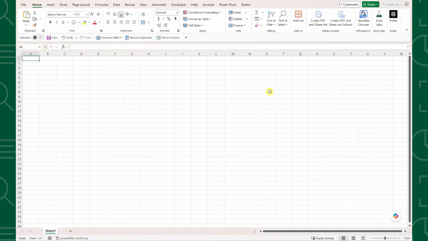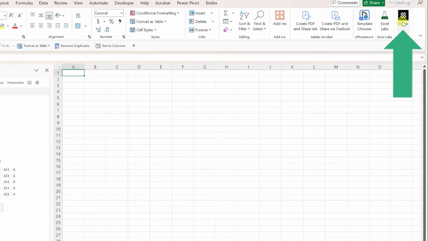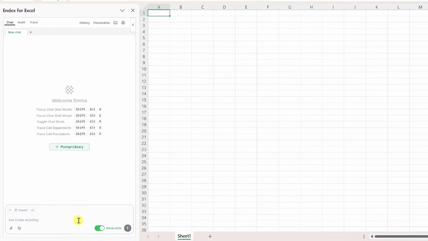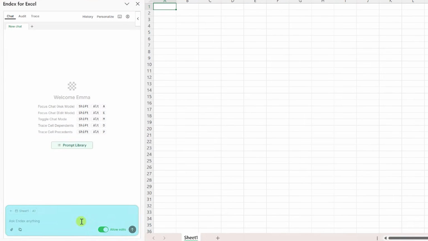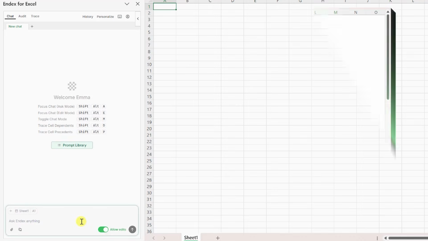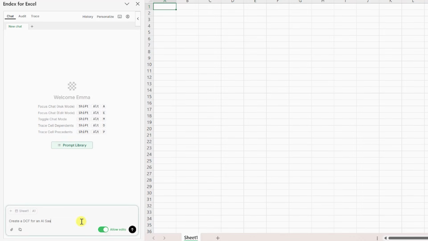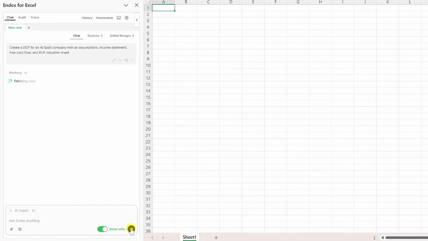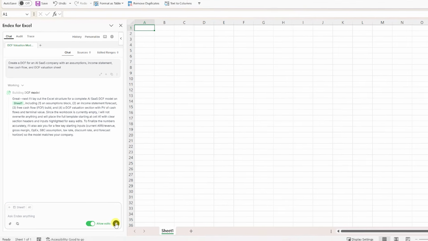To use Endex, all you have to do is click on Endex on the Home tab, and the window will automatically open on the side of your worksheet. Now you can just describe what you want to accomplish in the prompt box. In this case, I want to build a DCF model for an AI tool SaaS company, so I'm going to type: create a DCF for an AI SaaS company with an assumptions, income statement, free cash flow, and DCF valuation sheet. Enter the prompt, and now just sit back and relax while Endex builds the multi-worksheet model for you from